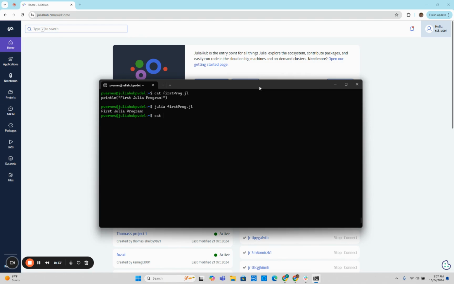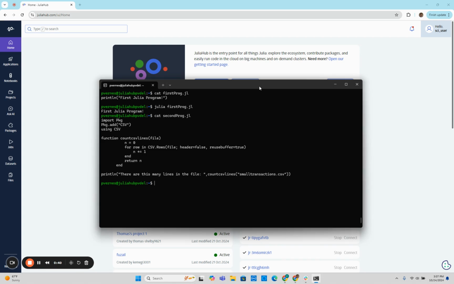Now, maybe I have a slightly more sophisticated program where I add a package, right? And in this case, it's looking at a file on my local path called small transaction CSV, and it'll tell me how many lines are in that file. The only real difference between this program and the other one is not only obviously it's counting lines, but there's a dependency here. And these dependencies are one of the key reasons for the JuliaHub platform, right? Managing packages. That is one of the key features of the JuliaHub platform when you're operating in the cloud within your organization. And as you can see, when I run this program,